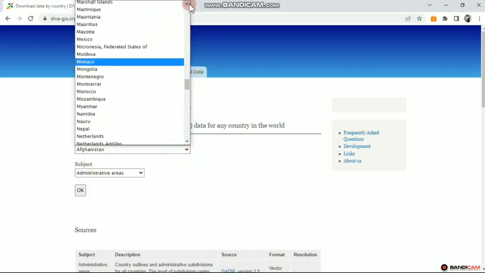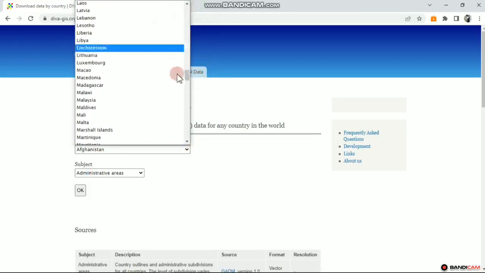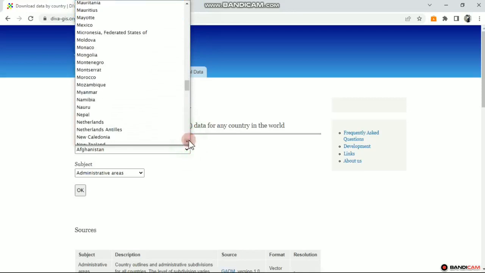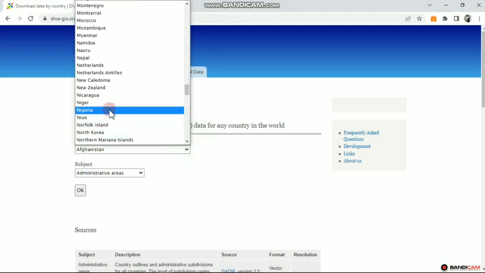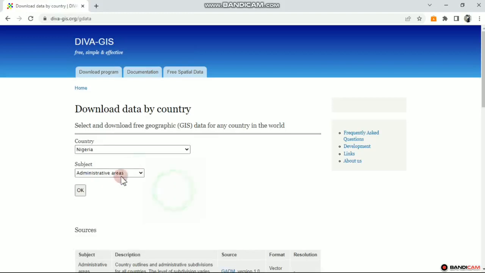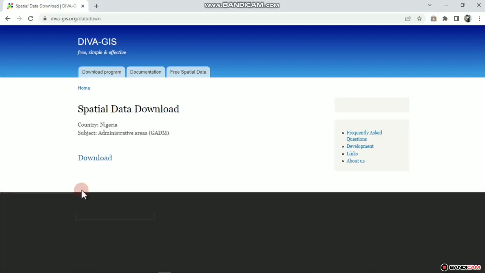Slide to letter N. Select Nigeria. There it is. Now the subject, we can download inland water, we can download administrative area, road, rail, elevation, and the rest. What we are interested in is to download the administrative area. So what you simply do is click on OK, and then it quickly brings you to this window setup where